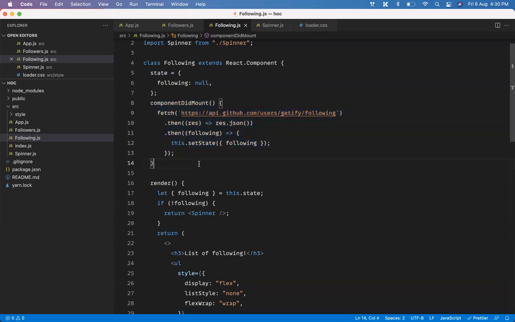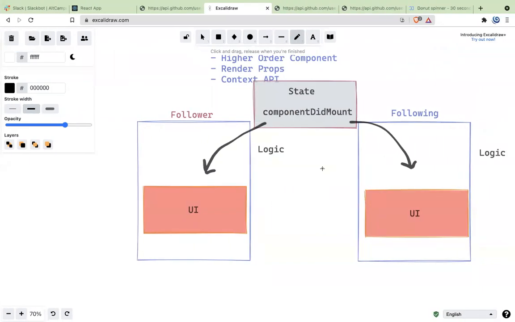What if you're trying to make a tooltip? When you hover over something, it displays that. You will have to take care of so many state life cycles, like component did mount, component did update, component will unmount. So then it will become a huge problem. But right now, I'm just trying to keep it very simple. So this is what is known as composition. Composition means I have just defined a behavior. That behavior is define a state of null. After defining the state of null, as soon as the component is mounted, go ahead, fetch data. After fetching data, the state is updated, the UI will update. That is what I want.